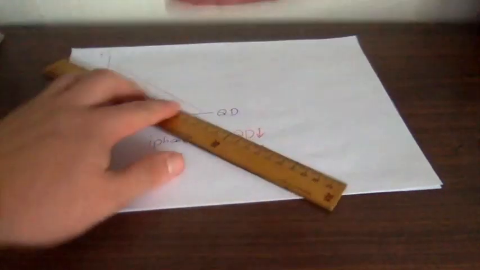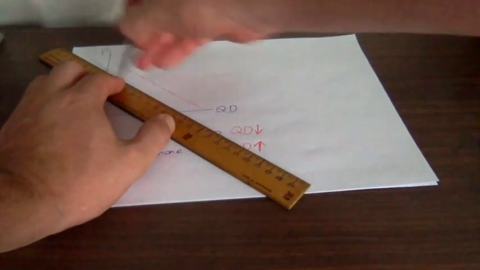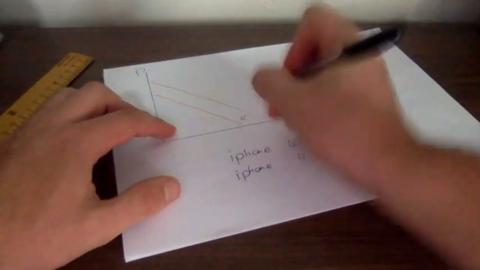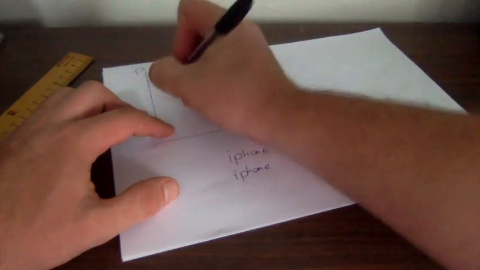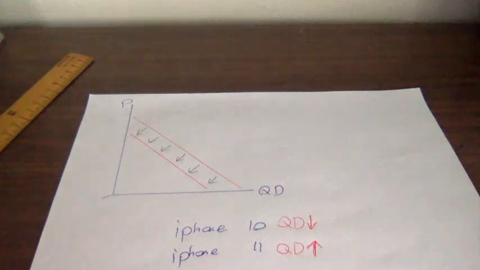So if this graph represents the quantity demanded for the iPhone 10, it doesn't matter at what price, you're still going to see quantity demanded decrease at all prices because of that change in technology. Alright, so that goes through every single one of those points. That goes through how those shifts work. That supports your notes. So now we're going to